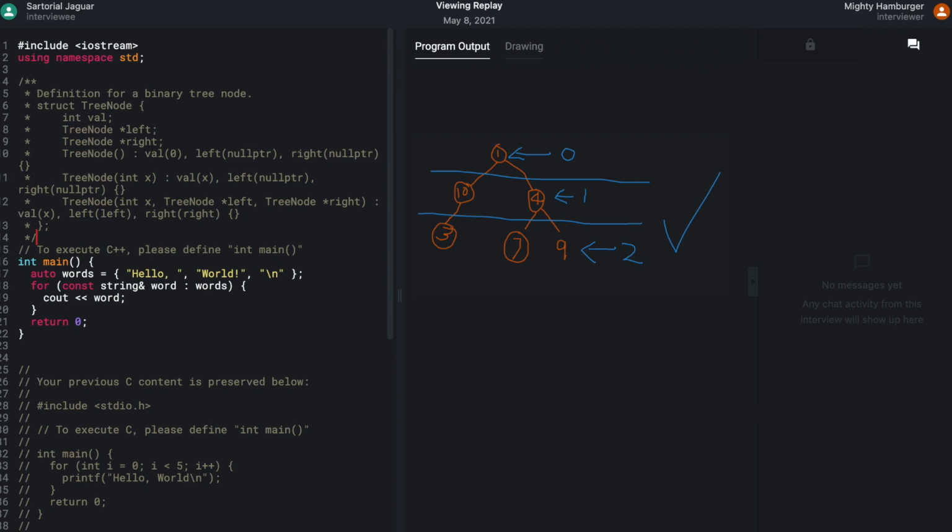Okay, so there's two suggestions I might have. So you're on this recursive method, right? Do you have to use a recursive method to go through a tree? Can you do it iteratively? And that's my first hint.